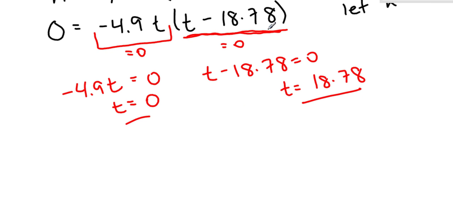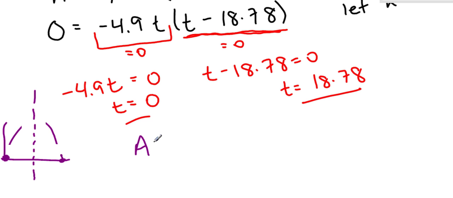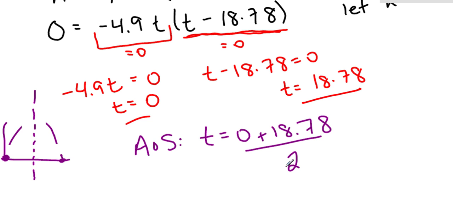Now that I have the roots, we go back and think, and again, little sketch here to remind ourselves, if you have the roots, boom, boom, then the midpoint of the roots gives you the axis of symmetry. So we're now going to take the midpoint of the roots to find the axis of symmetry. So this is an axis of symmetry. So adding the two roots together and dividing by 2 gives us our axis of symmetry value. So the equation of the axis of symmetry is